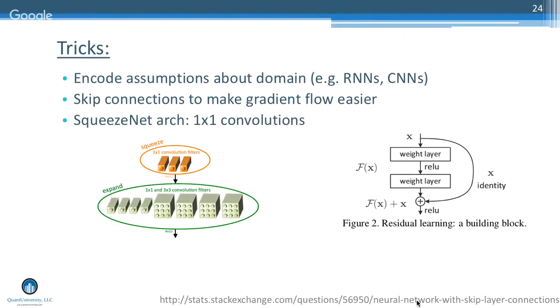So specific examples, right, for encoding assumptions are convolutional networks and RNNs. But I briefly mentioned this yesterday. If you know something about your application, and it's not one of these standard things, you might actually be able to encode other assumptions that are not quite as regular as in vanilla CNNs and RNNs. But if you say, look, I think these things should be identical or similar or related, you can try to encode that into your network to force it to generalize better.